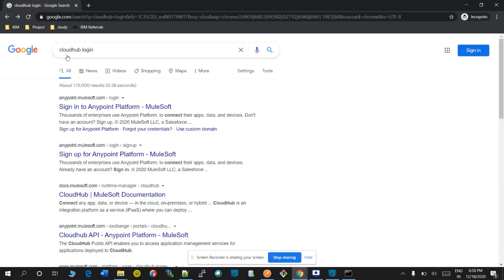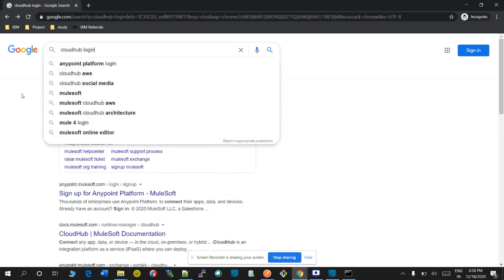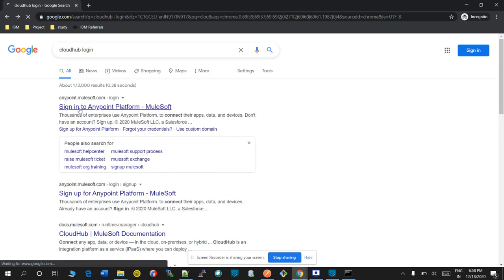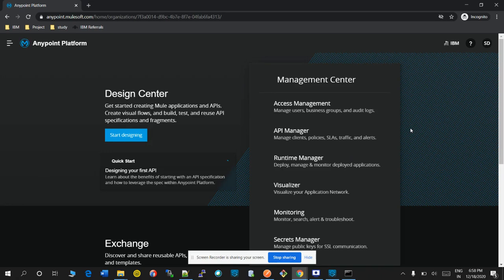For that, we just need a CloudHub login. Start designing.